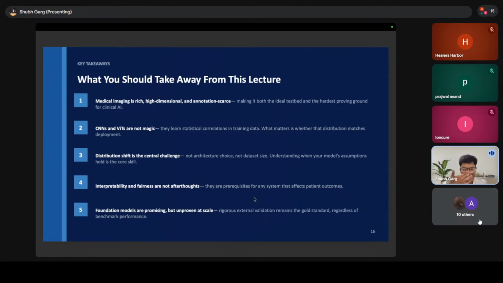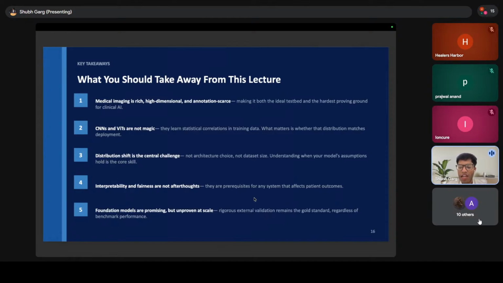Second, CNNs and ViTs are not magic. They learn statistical correlations in training data. The question that determines real-world value is whether those correlations hold in the deployment environment. Always ask: what is the training distribution, and does it match where this model will be used? Third, distribution shift is the central challenge, not architectural choice, not dataset size. Understanding when your model's assumptions hold, and failing gracefully when they don't,